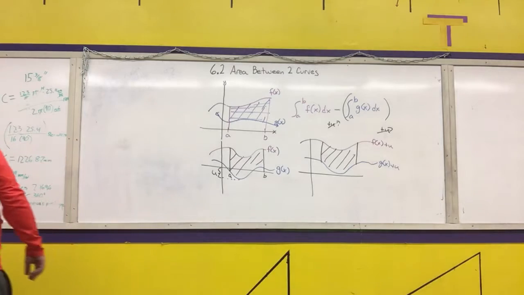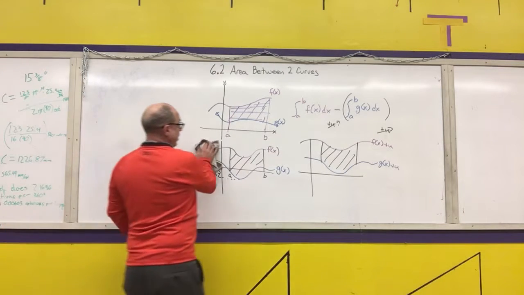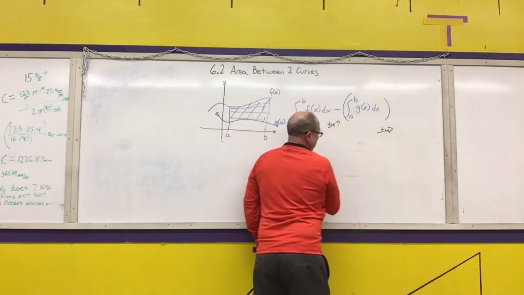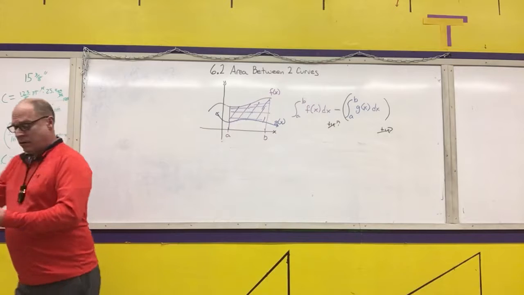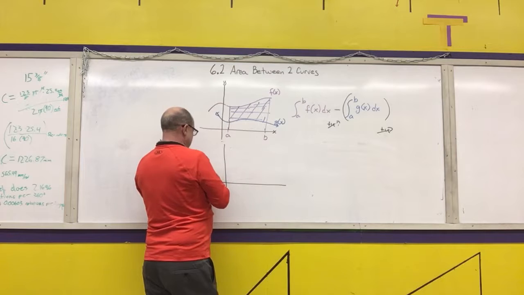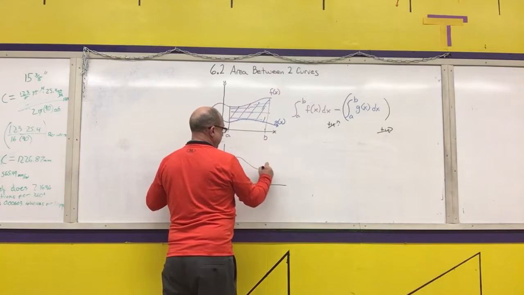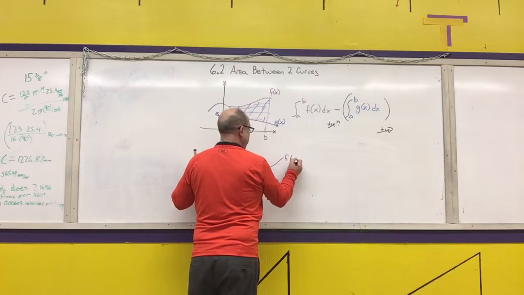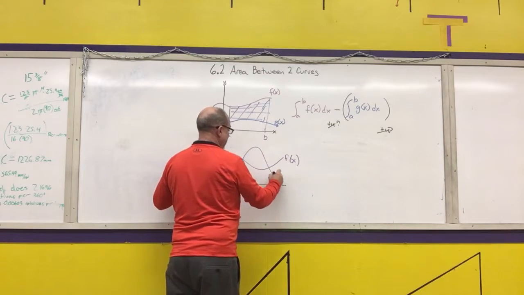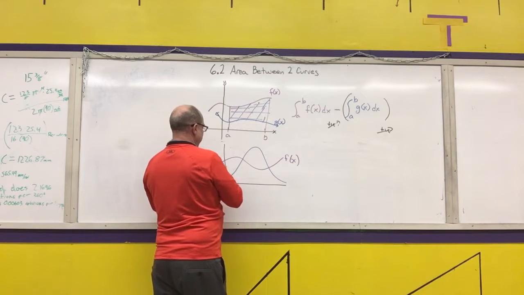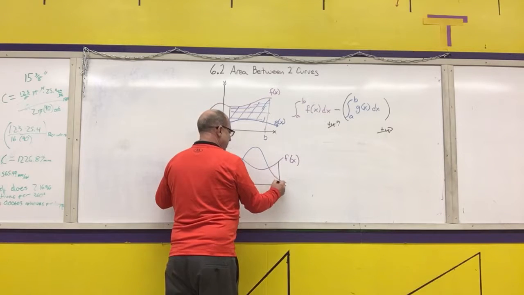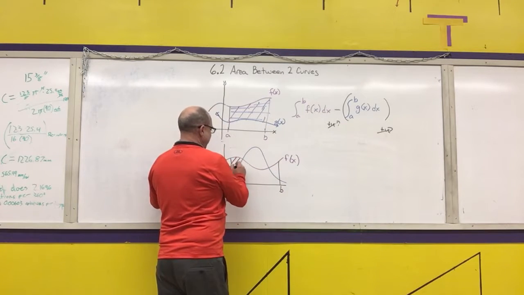So the other point we want to take into account is what happens if one curve is not always the top curve. Okay, so let's draw an example here. Again, my purple will be the f of x curve. Then I'm going to use my blue for my g of x curve. And let's say I want to find the area between the curves from A to B. That means I want to find that area,